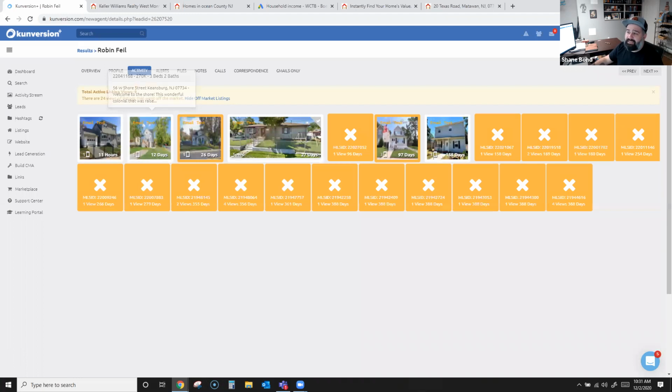The next tab here is activity, and this will give me that rundown of what they've been looking at. So I have 2 activity streams here, right? One is over here on the left, and I'll go into that after. That's going to be the overall activity of all my leads, and then the activity individually of each of those leads. So I can see, for example,